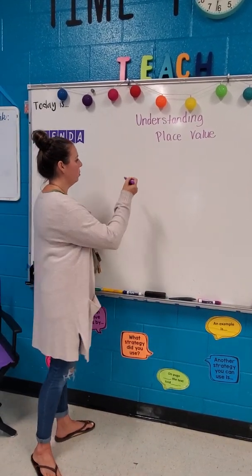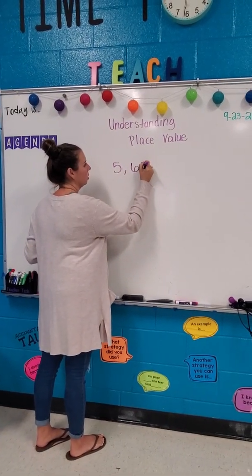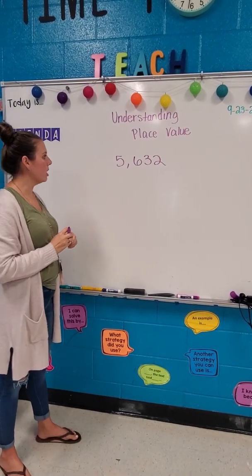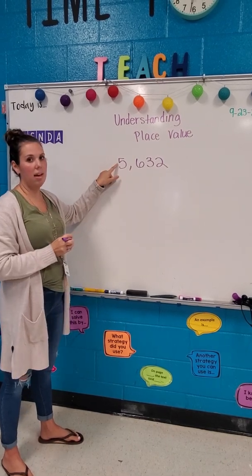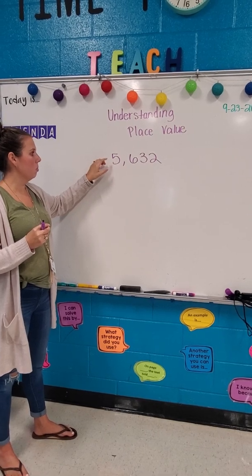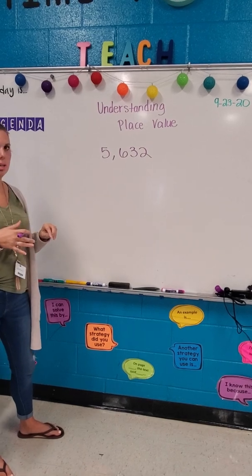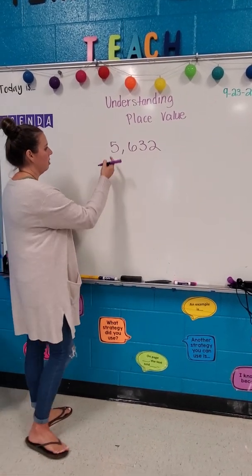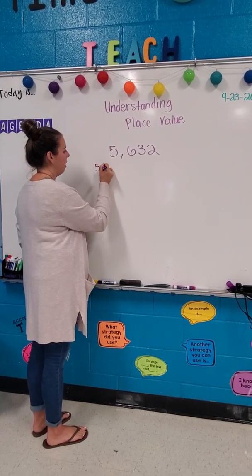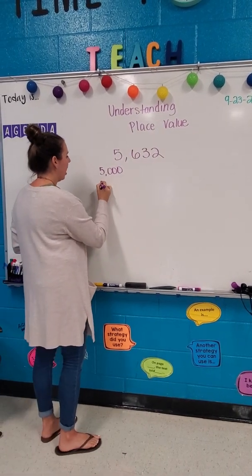So, for example, if we have the number 5,632. You guys probably know that the 5 is in the thousands place, but what does that mean? So what would it mean for the 6 to be in the hundreds place? Yesterday with expanded form, you said that if the 5 is in the thousands place, then that means it's worth 5,000. So what that really means is we have 5